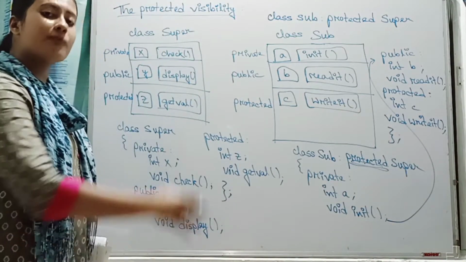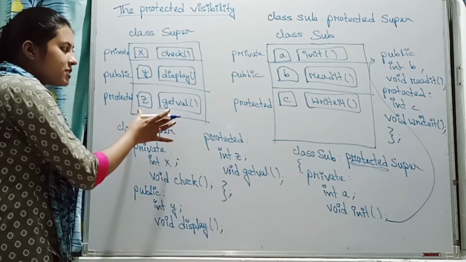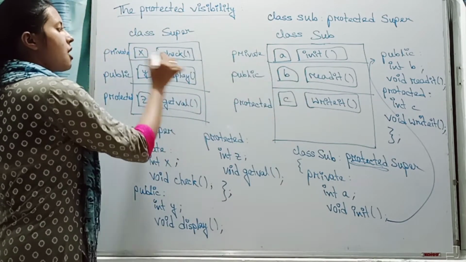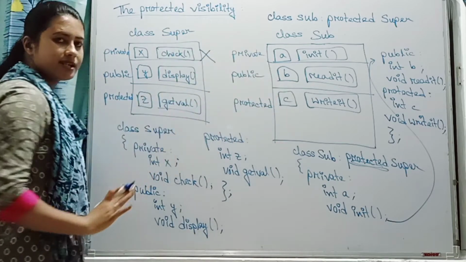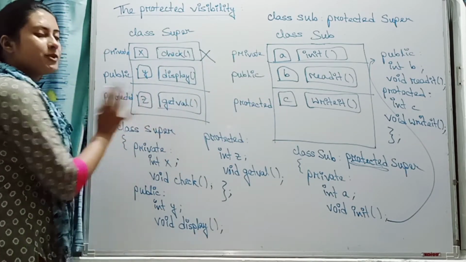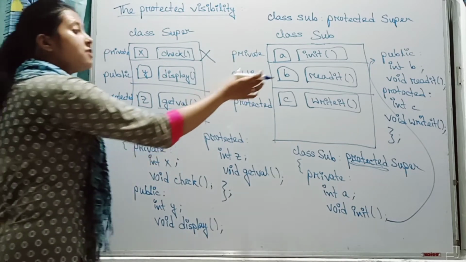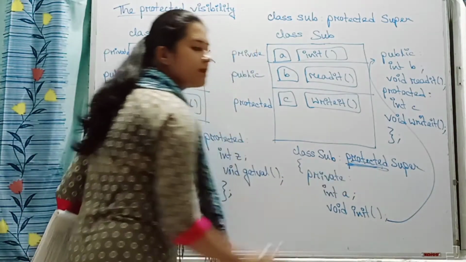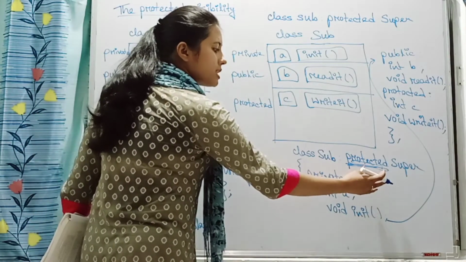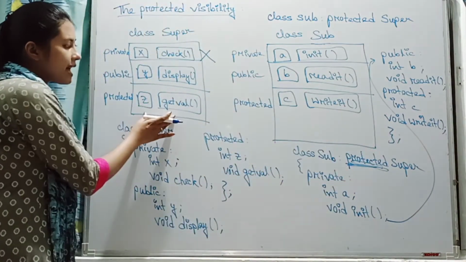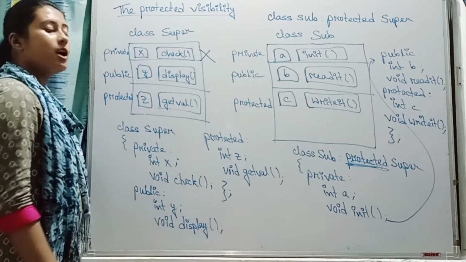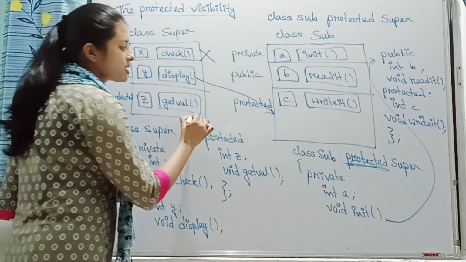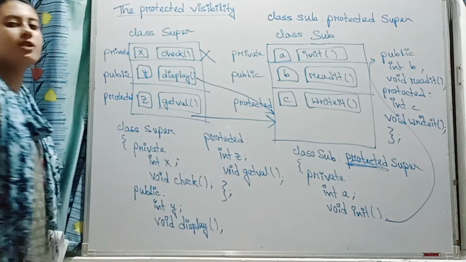So what is the meaning of protected derivation? From this superclass, the data members will be inherited to this subclass. Now, private data cannot be inherited, that we know. Only the public and the protected data can be inherited. But in which section it will be inherited? It will depend upon the visibility mode. Since the visibility mode is protected, means the base class is protectedly inherited. So this public section's data will also come to protected section and protected section data will also come to protected section.